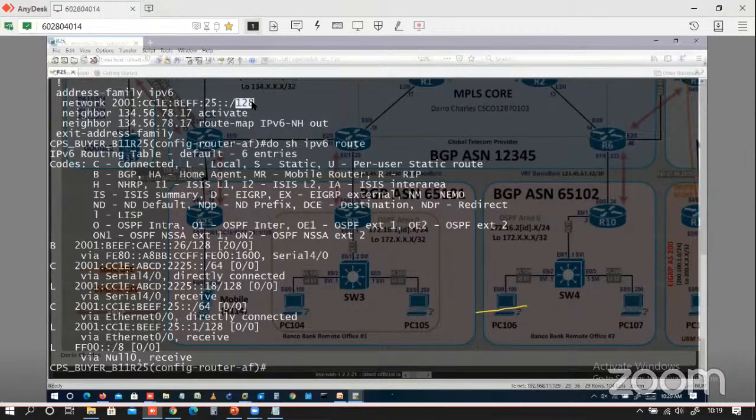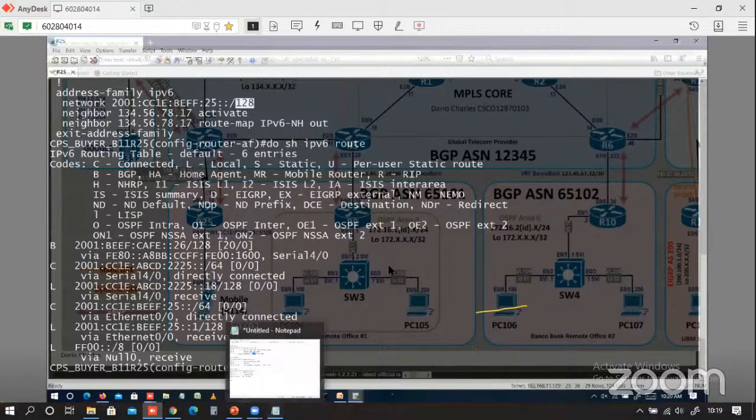Correct? Yes. That is clear to all of you, right? If not, just tell me, I'll explain again on Notepad. I hope that is clear to everyone. Okay. Now, the next thing,